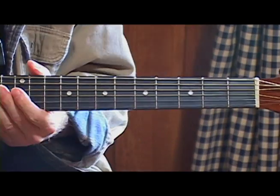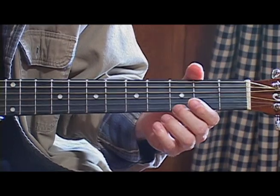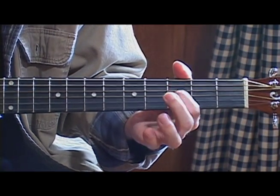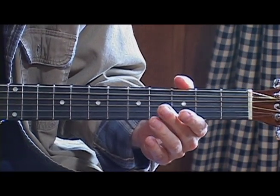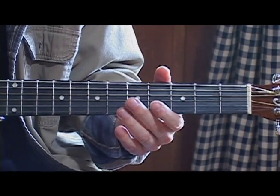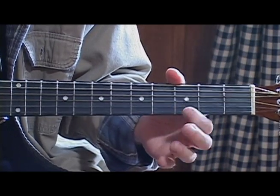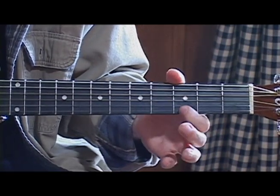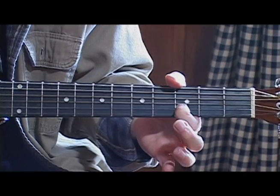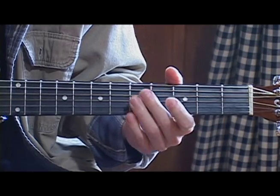Okay, here's a new lick for you. It's just kind of along the same lines as these other things. It's real simple. And it even uses the end of that last lick in part of this one. That's kind of like that lick that I was just working on, but you start out on your E string up here. It's a little bit different, but